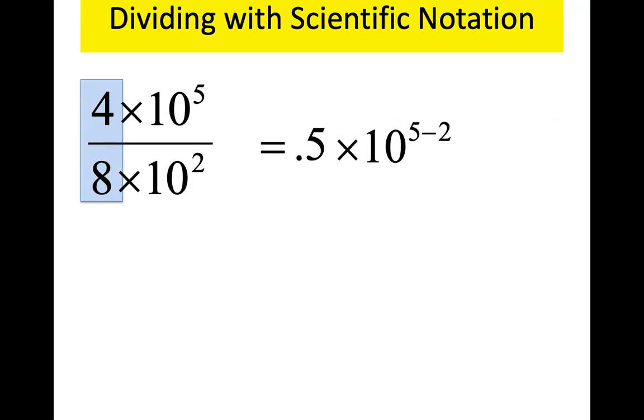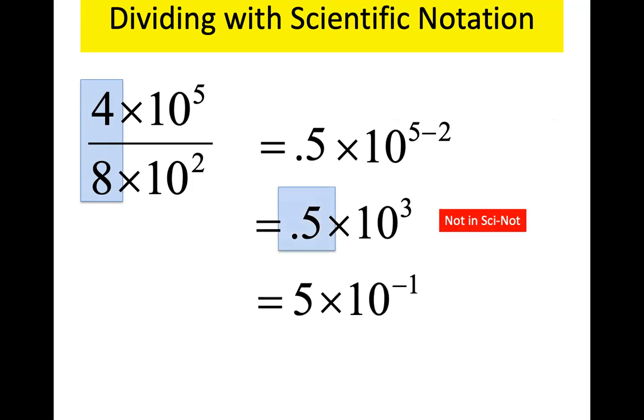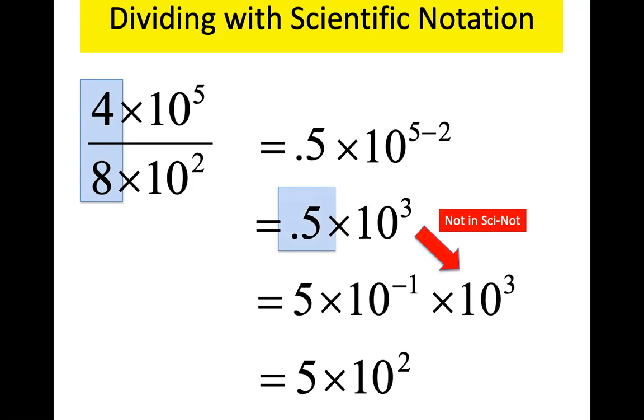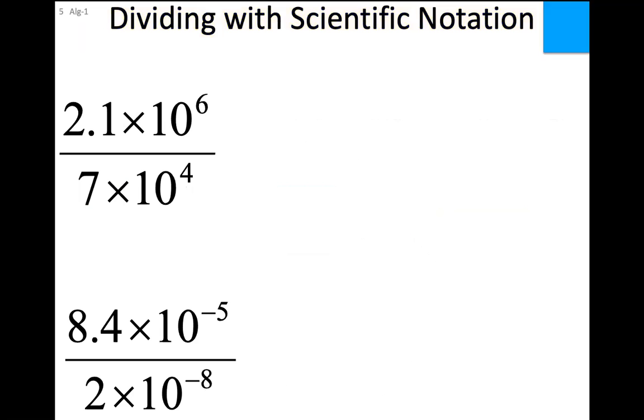Okay. Small number, 1 decimal place. I got to make this smaller by 1. Well, 5 minus 2 is 3, and I got to make it smaller by 1, so not 4, but 2. Okay. So, non-scientific notation. Make it smaller by 1. That gives me a 2. So 5 times 10 to the 7th power. All right. That's how division is done. One thing left, and that's